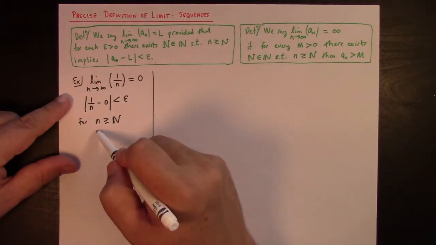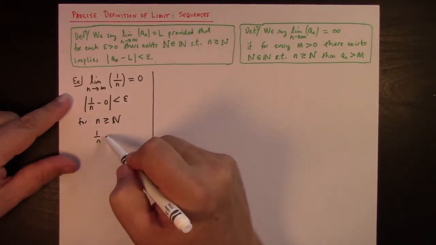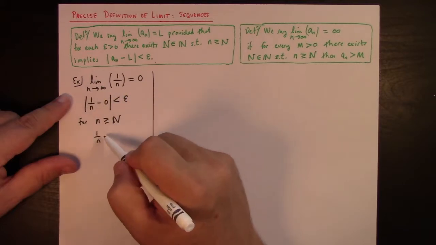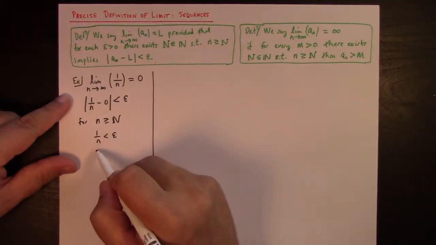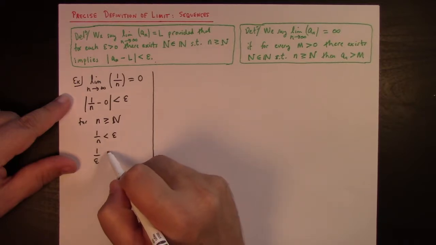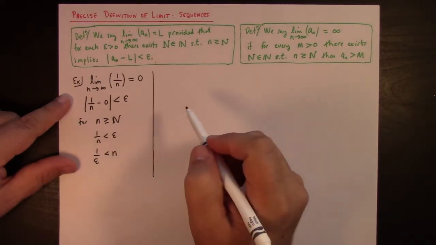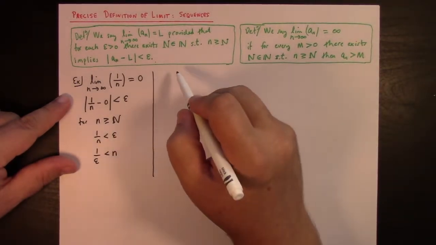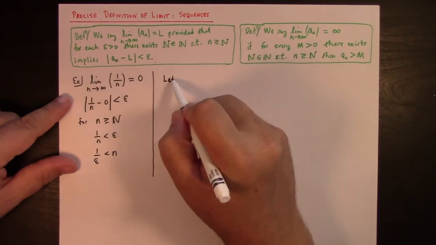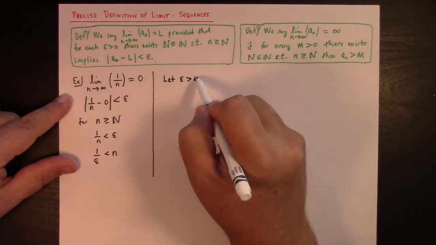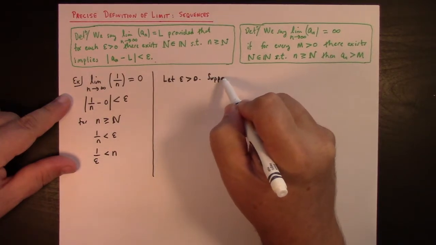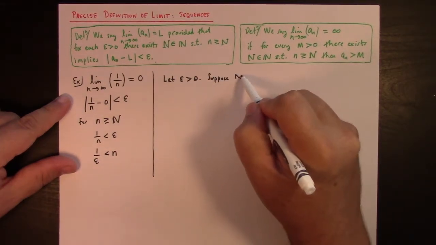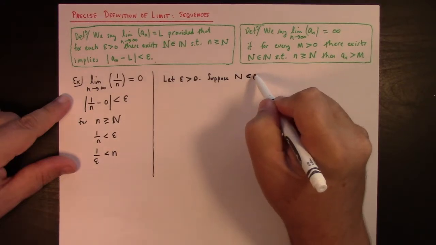Of course, n is positive, right? So this just gives me 1 over n is less than epsilon. Okay, great. So that suggests that 1 over epsilon is less than n. Aha. So here's the proof. Let epsilon be greater than 0. Suppose N is a natural number